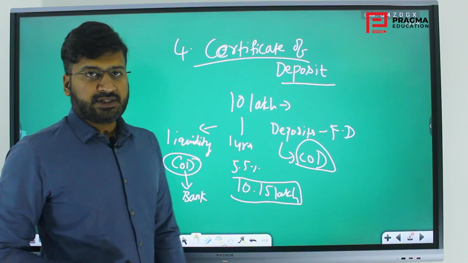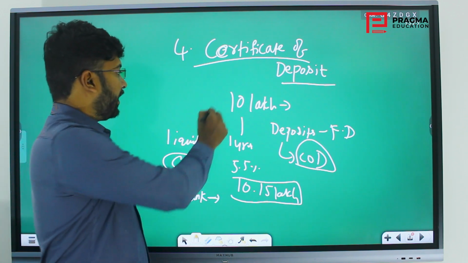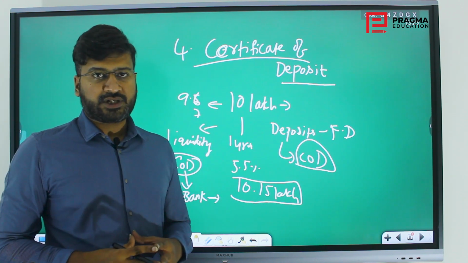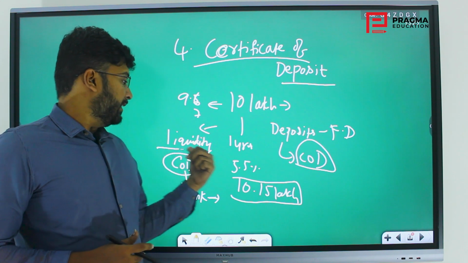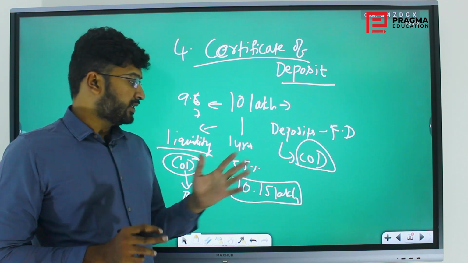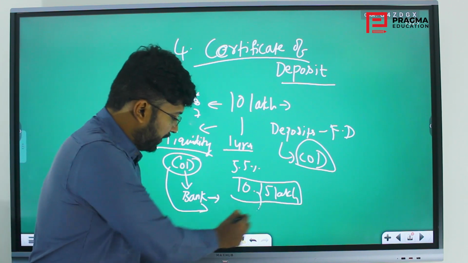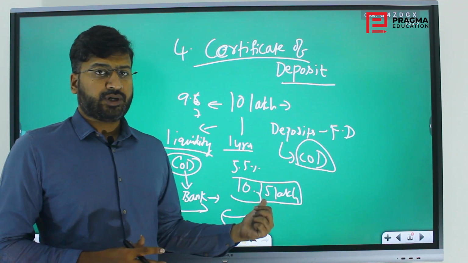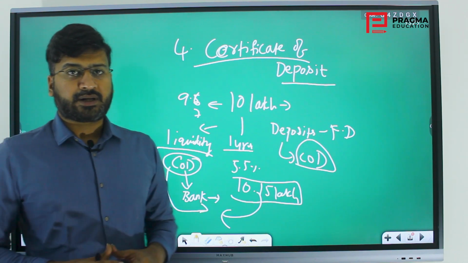I will not withdraw this itself, but I will trade it with another bank, or somebody will buy it from me, and I will be ready to sell it at 9.5, 9.6, 9.7, 9.8, whatever it is in the negotiation in the market. I will exchange that certificate of deposit for liquidity in the markets. So these are accepted by the banks, and also by other individuals. At the end of this period, whoever is holding this certificate of deposit in their name, the bank will pay them this much amount, that is 10.2 lakhs or whatever the accumulated interest, it will add to it and pay. This is the certificate of deposit, that is the next money market instrument.